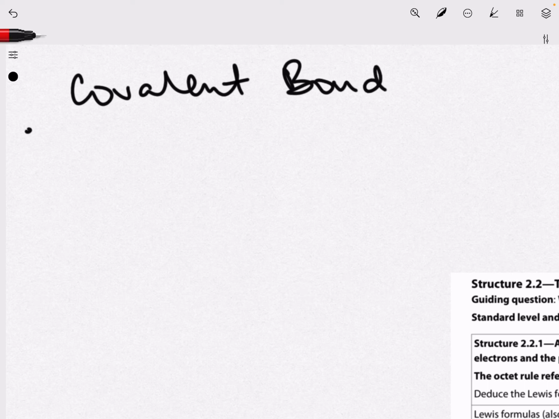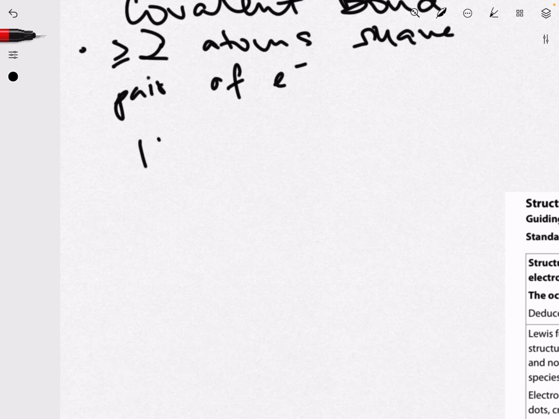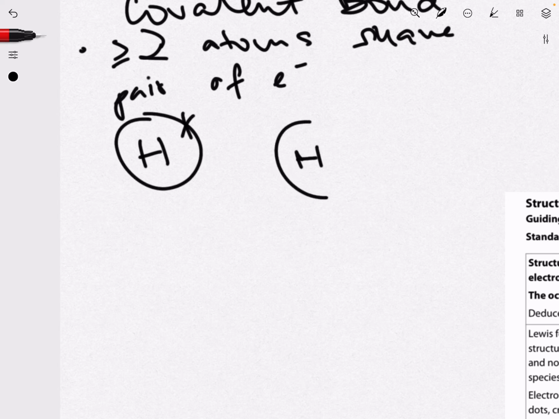So a covalent bond occurs when two or more atoms share with each other a pair of electrons. For example, hydrogen only has one shell. So what would happen here is that these two would come together